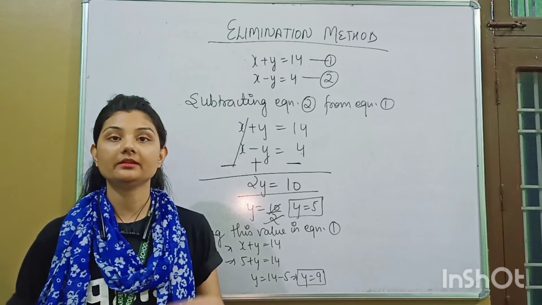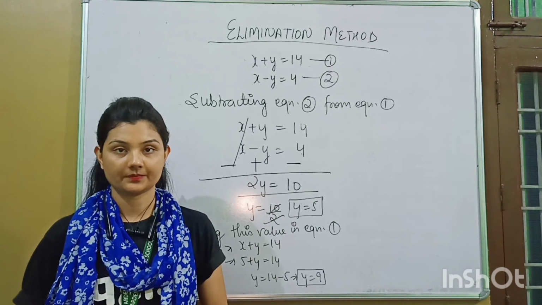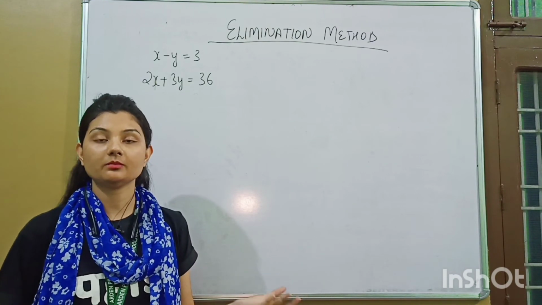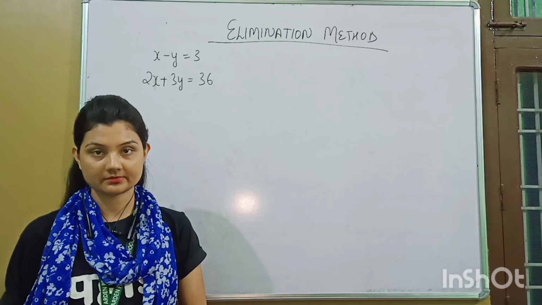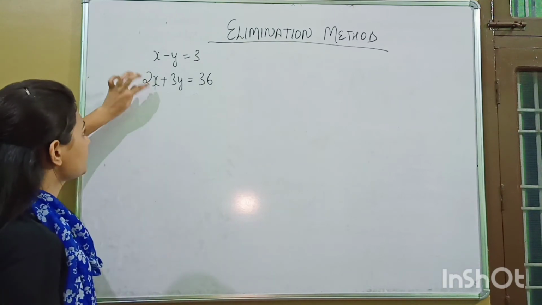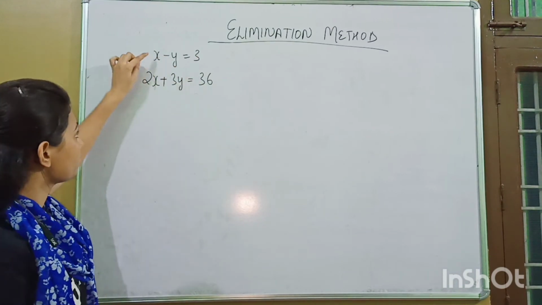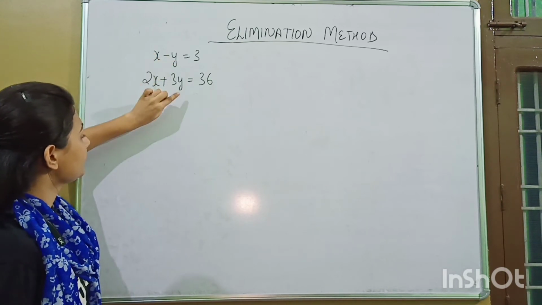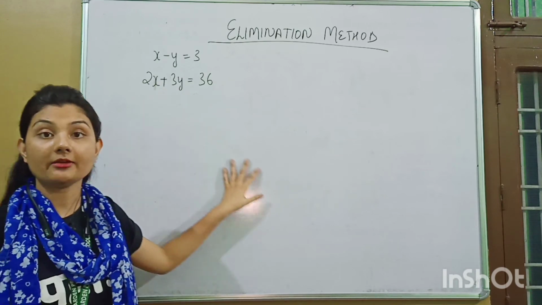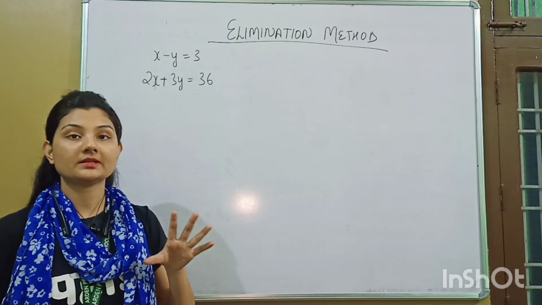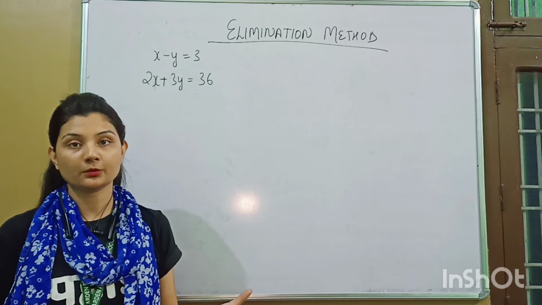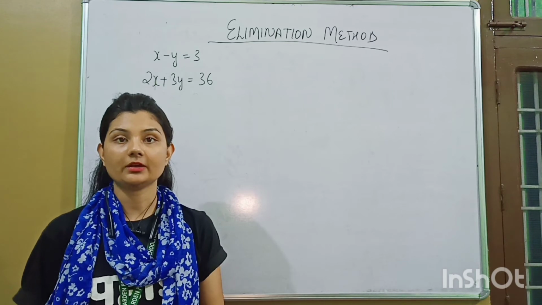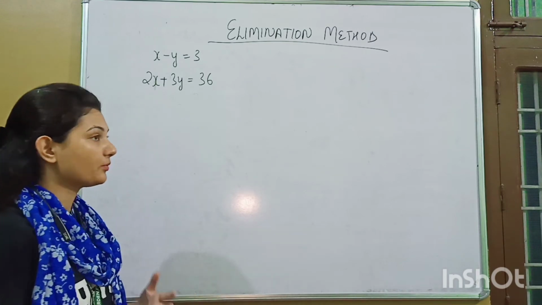Whenever we eliminate the variable from the equations, because in the equation which we did earlier, at that time the coefficients of the variables were the same. Now if the coefficients of variables are different, see here the coefficient of x is 1 but here it is 2, the coefficient of y is minus 1 but here it is 3. So at that time what will you do? See, first of all you will see which variable you want to eliminate from the equation, and it becomes very easy when you eliminate the variable which has opposite signs.